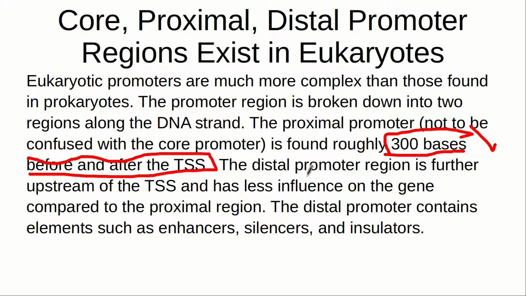The region where you get more C's and G's versus another region, they have it as 300 bases, but if you count a CpG island as defining it, then it might extend to 500 or 600. But it usually doesn't go past